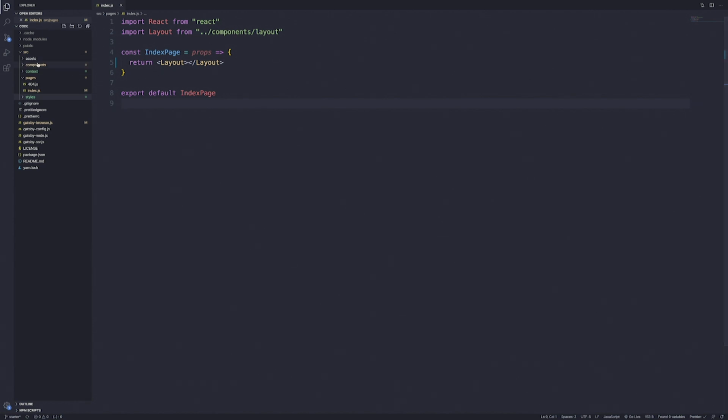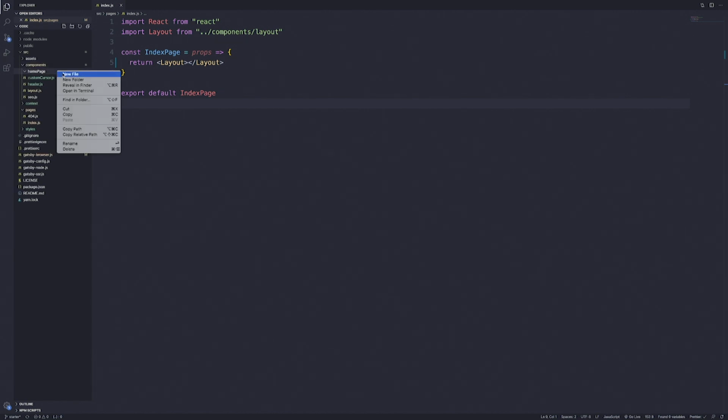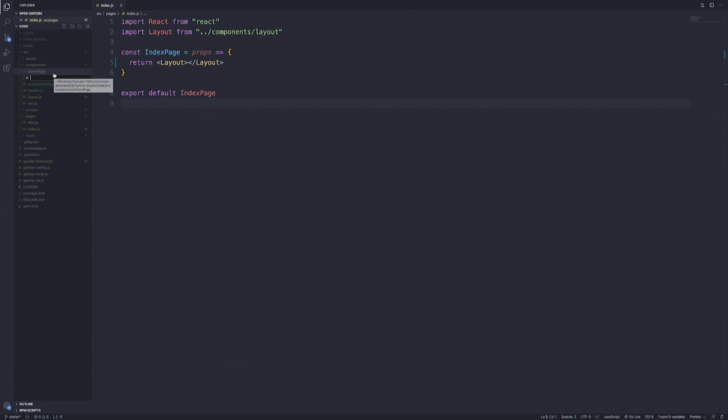What we first want to do is create a folder inside our components folder, and we'll call that folder home page. Inside the home page folder is where we'll house all the components related to the home page. So we'll create a new file inside the home page folder, and we'll call this home banner.js,